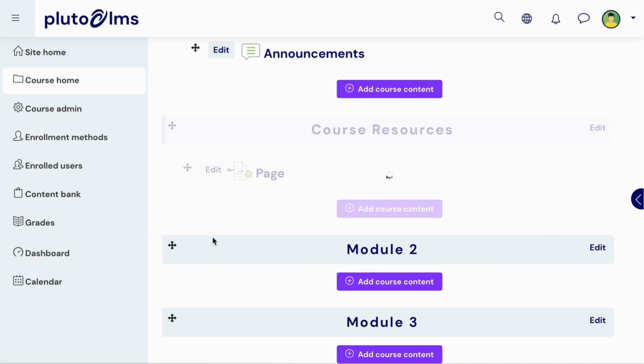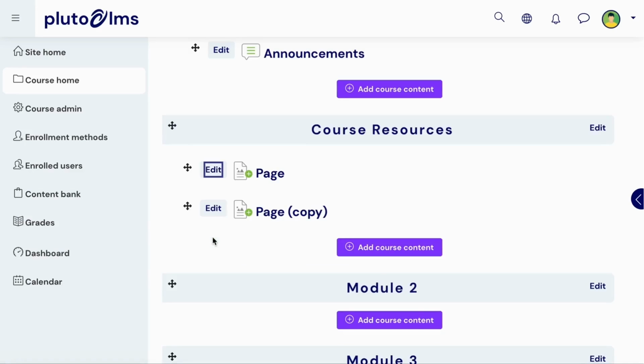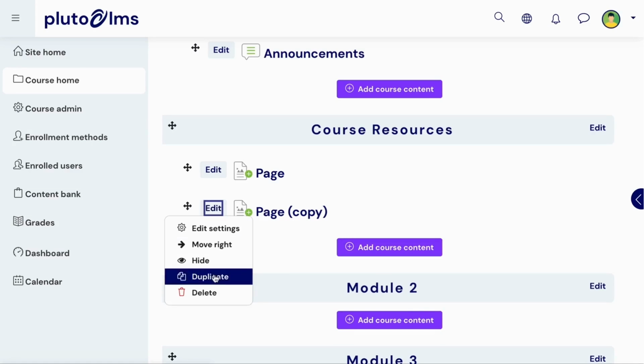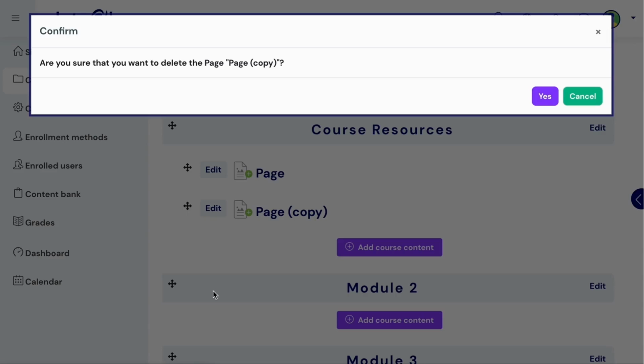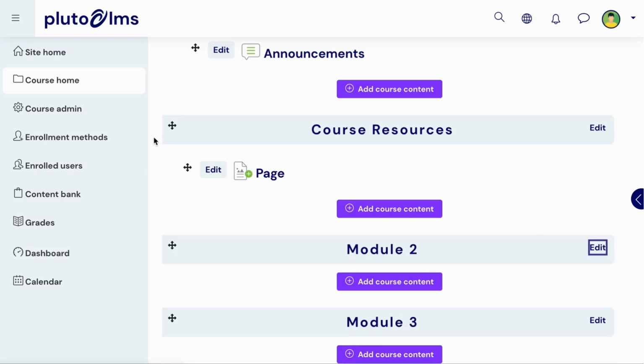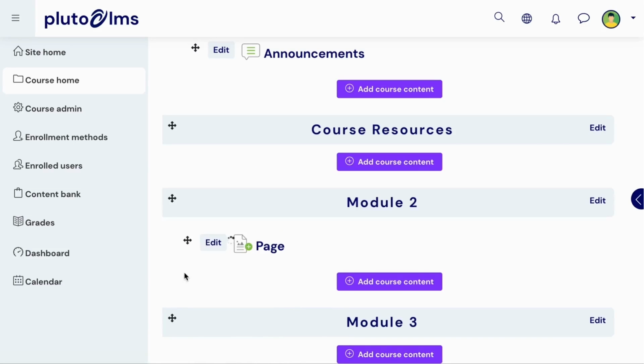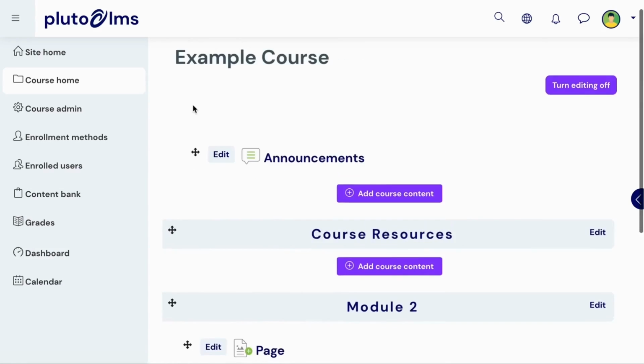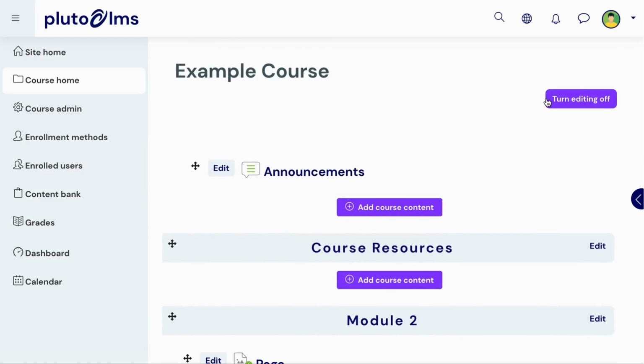You can also use the duplicate function to easily copy and reuse content in your course. Finally, you can delete a course resource or activity. The dynamic interface also allows you to drag and drop course content into a specific position in your course. When you are happy with your changes, you can turn editing off. To see your course in view mode,